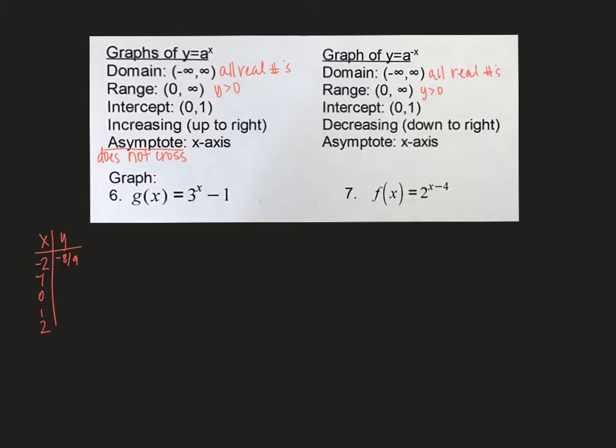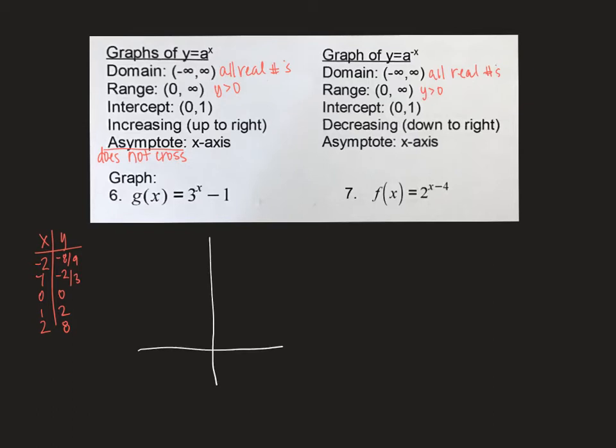When I subtract 1, I get negative 2/3. 3 to the 0 is 1 minus 1 is 0. 3 to the first is 3 minus 1 is 2. 3 squared is 9 minus 1 is 8. So when I graph that,